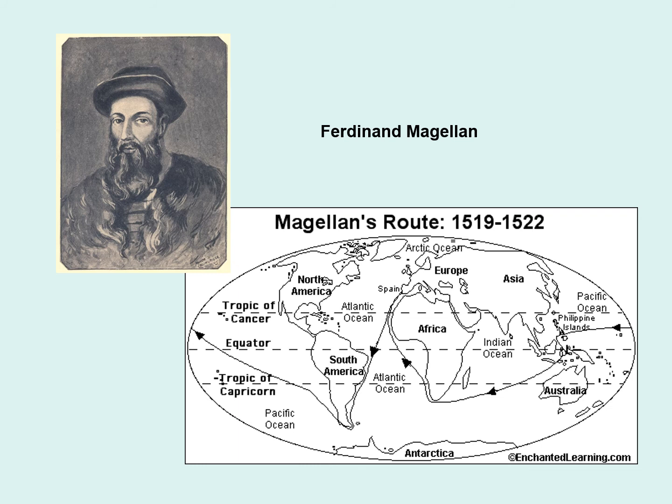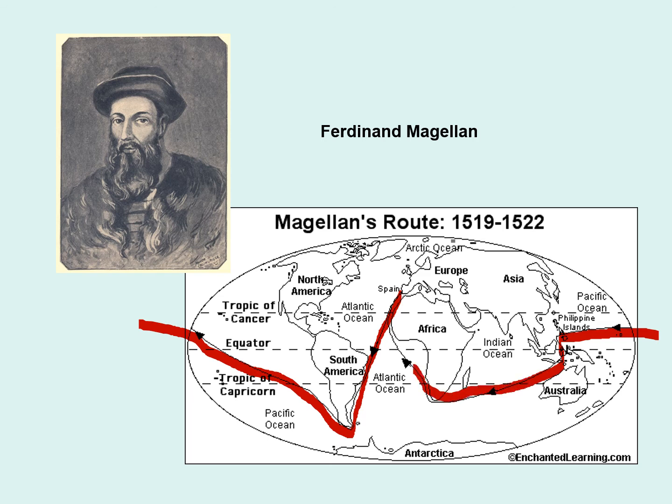Again, they set sail in 1519. You see that they travel around the tip of South America, head off across the Pacific Ocean. Magellan himself died in the Philippines, but his voyage continued,